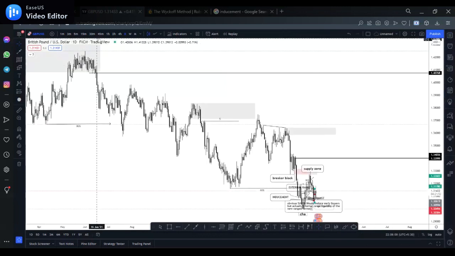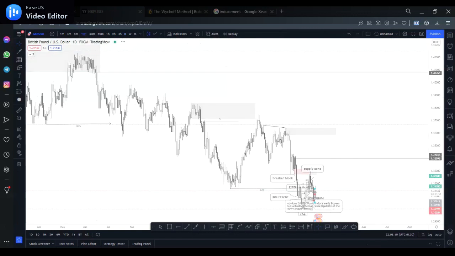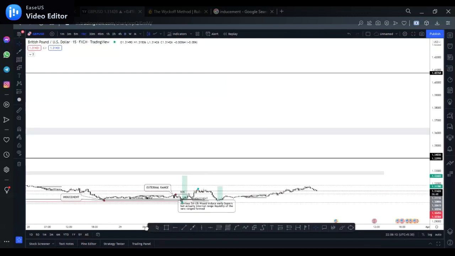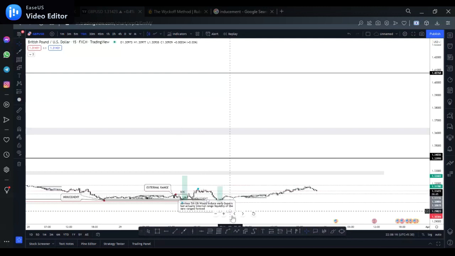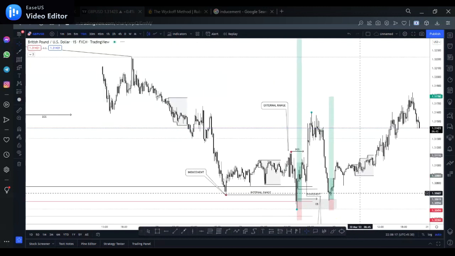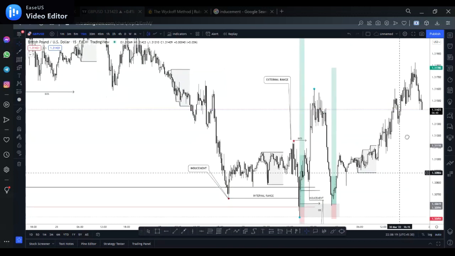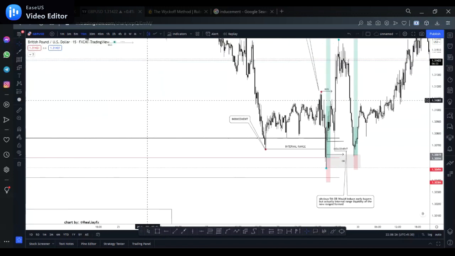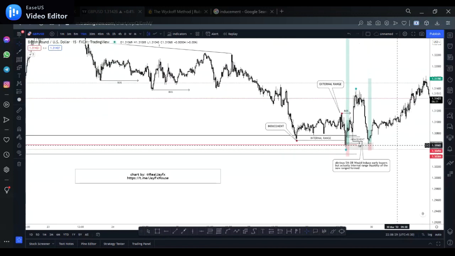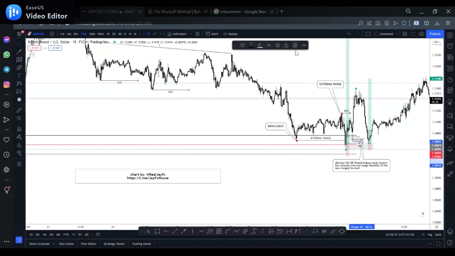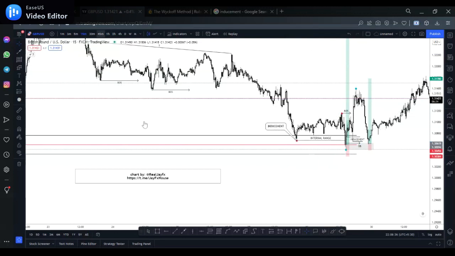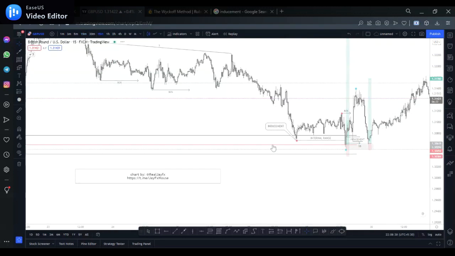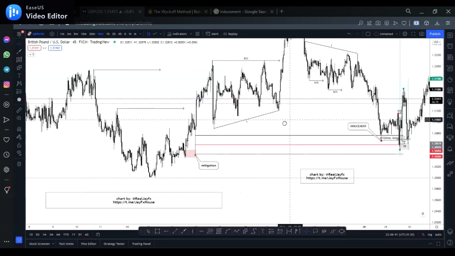So I'm going to use the trade I took on GBP USD, my favorite pair actually, to explain this concept where it took place right here. Okay, let me just take that away. Now, first of all, I was interested in this market. I shared this setup to the Telegram channel, so I had to put some stuff on it for you guys to understand, because I know there are some people out there who already know this concept of trading. So the channel is just there to help you